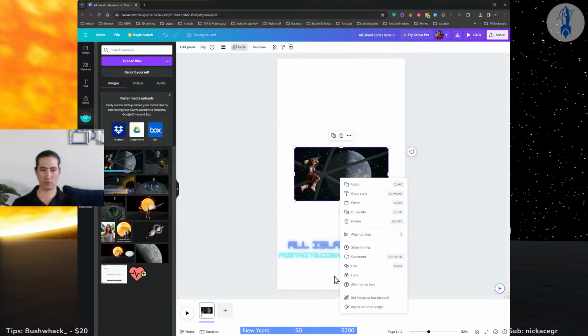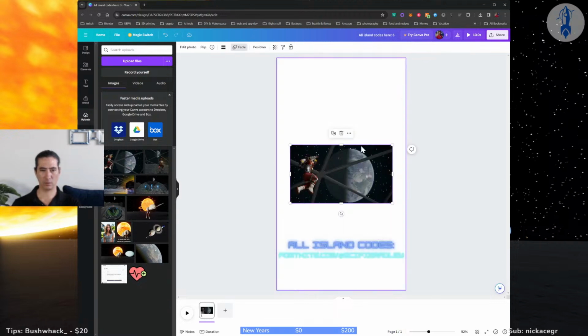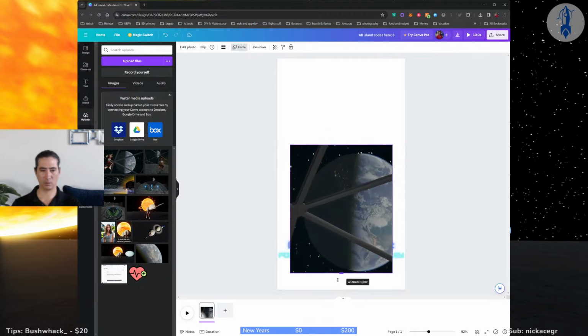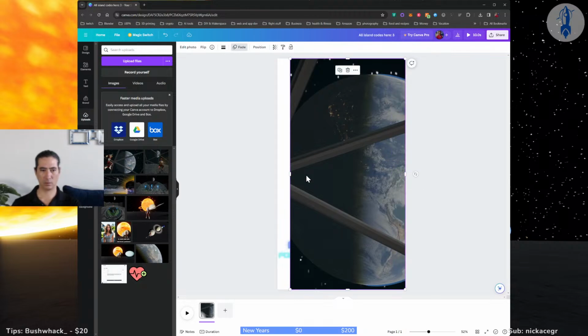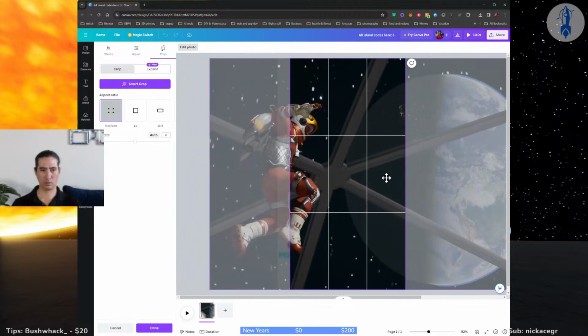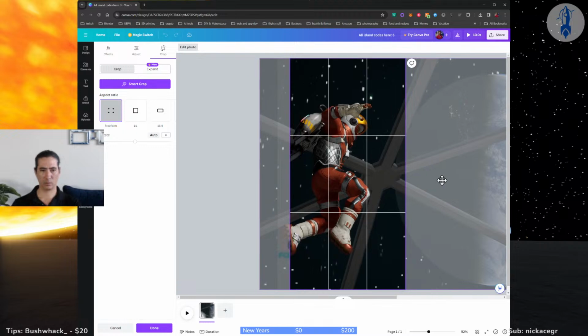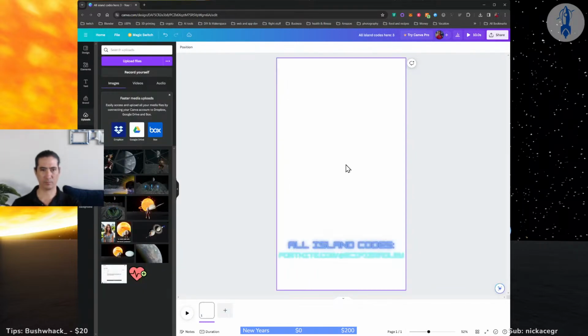Should I use this one this way, or should I use the other one that's zoomed out? Because this is a little... Let's see. Yeah, that really doesn't work, does it?